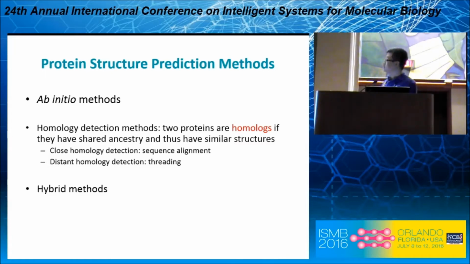Depending on whether the homologue has high sequence identity to the query protein, we can have two versions of the problem: close homologue detection and distant homologue detection, where close homologue detection can be easily solved by any sequence alignment methods, whereas distant homologue detection still remains one of the main open problems in protein structure prediction. And usually people need to involve threading technique, which tries to align the query sequence to the three-dimensional structure of the templates in the PDB database and see how well that can fit.